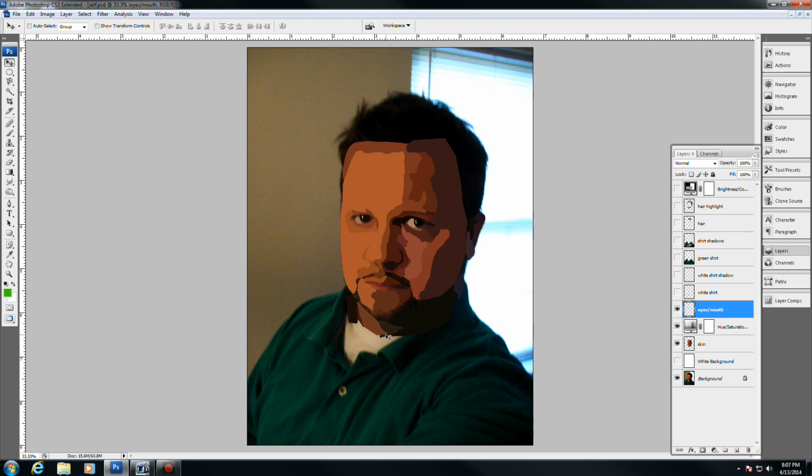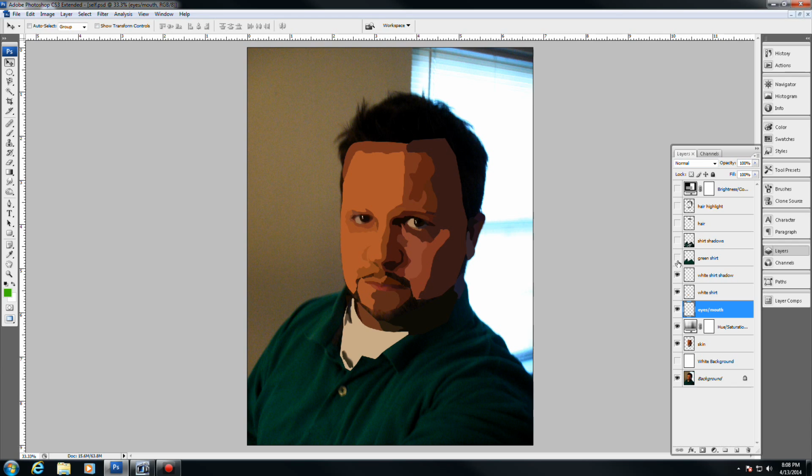Now I moved into the white shirt area because it's the next thing on top, and I like to work from what's on the bottom and move up to the top. So above the skin, I could have done hair. I decided to go with the shirts. So I filled that in. It's just a basic fill with the paint bucket, and it overlaps where that green shirt is. Well, there are shadows in that shirt, so I put some of those in,